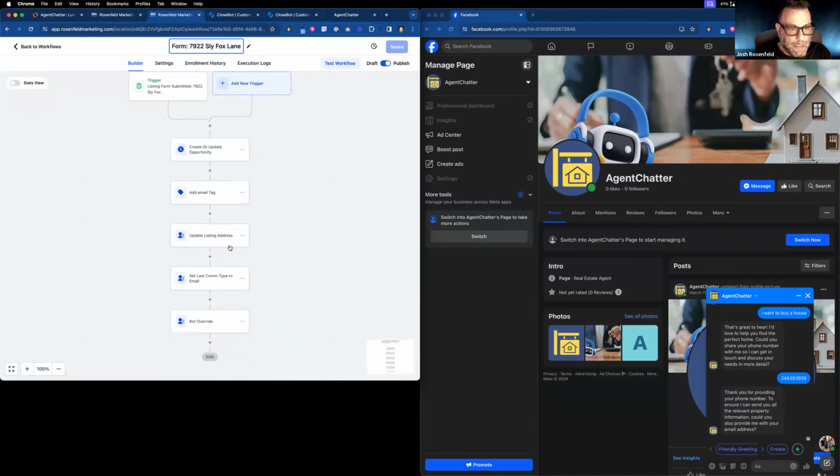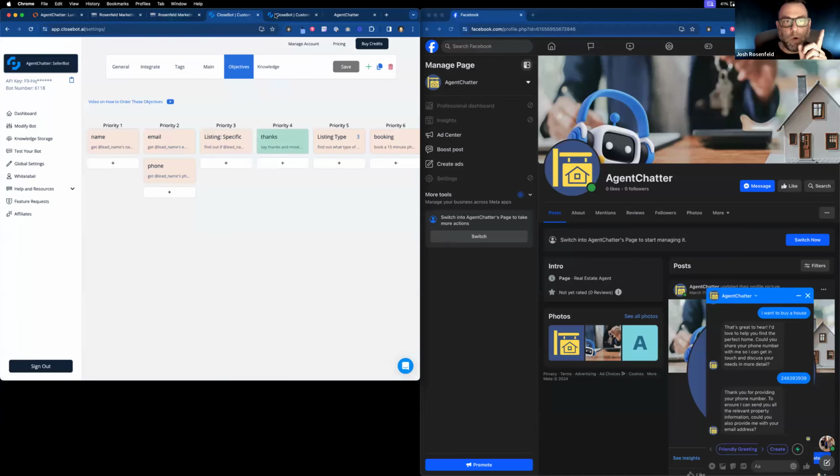So down here, I want to add another tag. I'm sorry, I don't want to add a tag. Oh yeah, I do. I want to change a goals accomplished. If they come in from the listing form, I don't want to say thank you. It would be there in the email, but it's not going to ask a question to them, so they're not going to proceed down this path because we're not asking them a question if we say thanks. So what I want to do is, if they come in from the form,